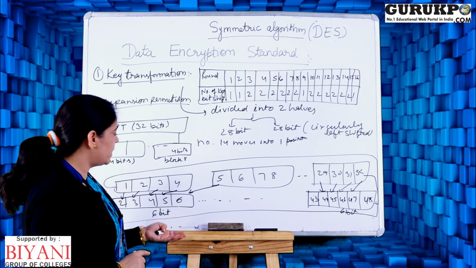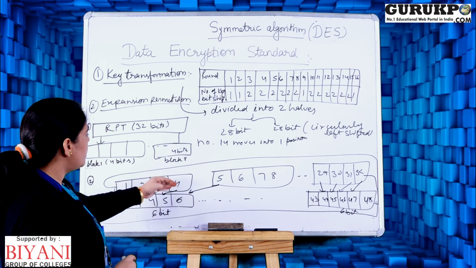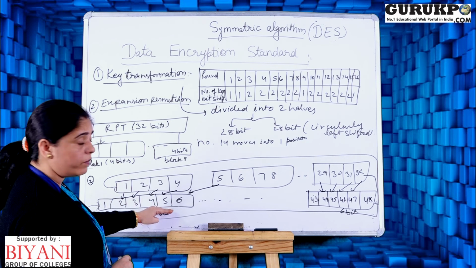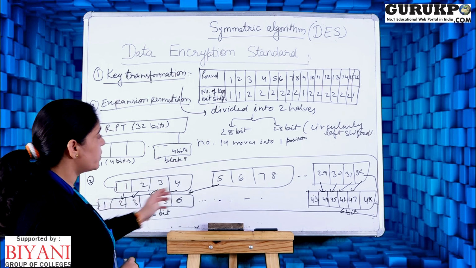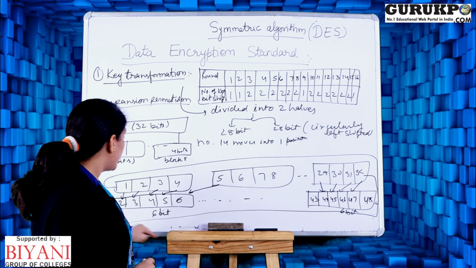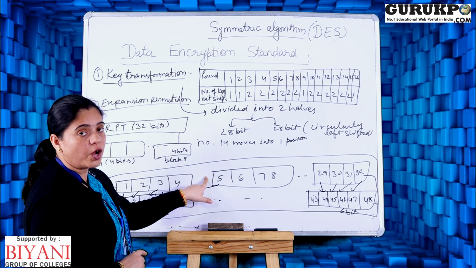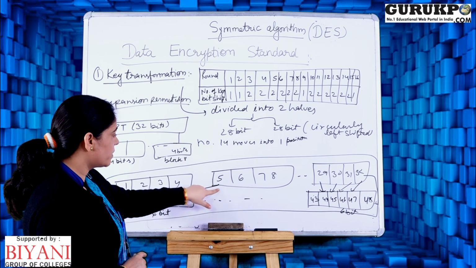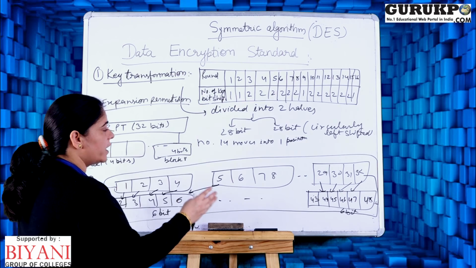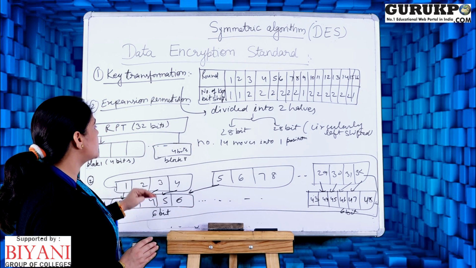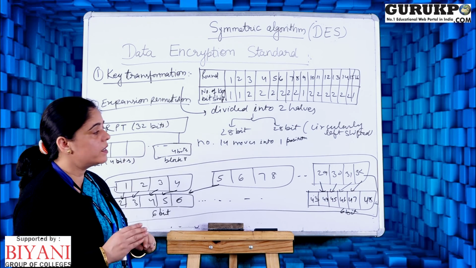Again I am explaining here, the 1, 2, 3, 4 bits are copied as they are into positions 2, 3, 4 and 5, and the first bit will be filled with the 32nd bit, and the 6th bit will be filled with the bit from the adjacent block of the 8 blocks of 4-bit size. So in this way the 8 blocks of 6 bits are generated, meaning the RPT size will be 48 bits.